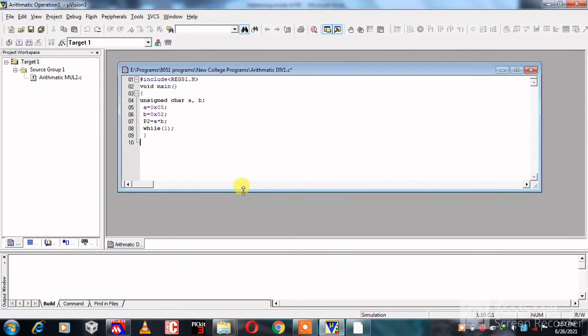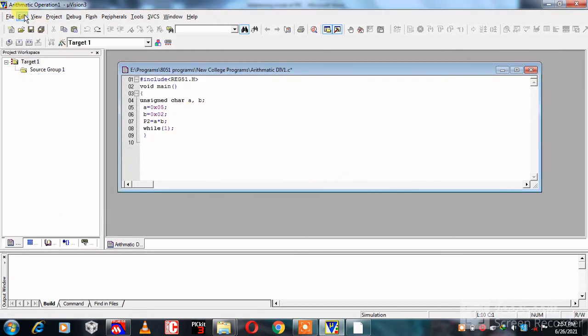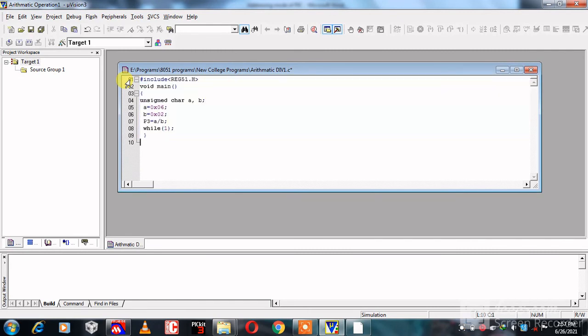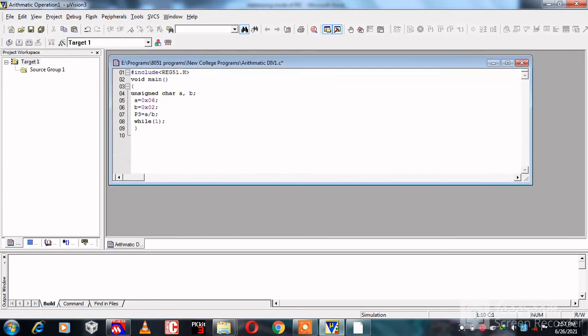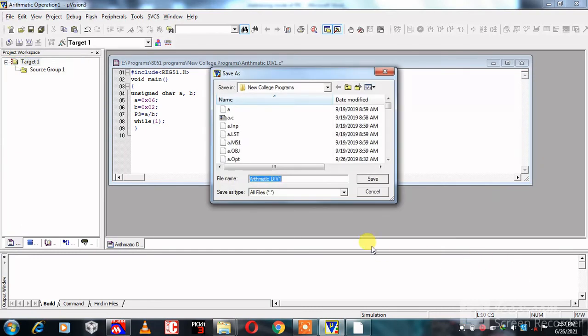Then click on debug, start/stop debug. Our next arithmetic operation is 8-bit division. Initially remove this file, click on S, then write the code of 8-bit division in a source file. Then click on file and save as.